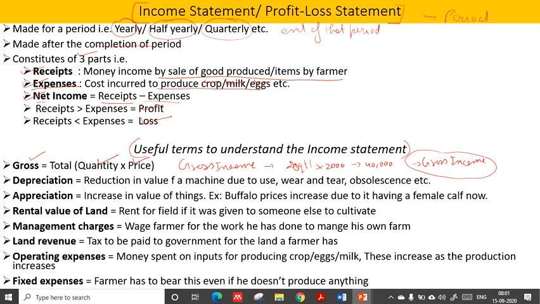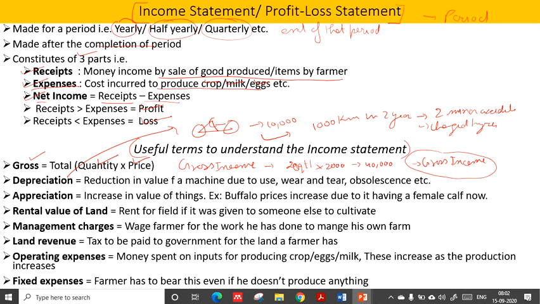Depreciation, let's say you bought a bicycle and you're using it for the last 2 years. You bought it for rupees 10,000. Alright, you bought a bicycle for 10,000 rupees. You have been using it, you have used it for, let's say, 1000 kilometers in 2 years, and you have had 2 minor accidents. Okay, you have changed the tires. Okay, plus the paint is faded now.